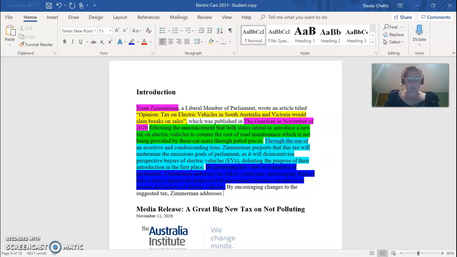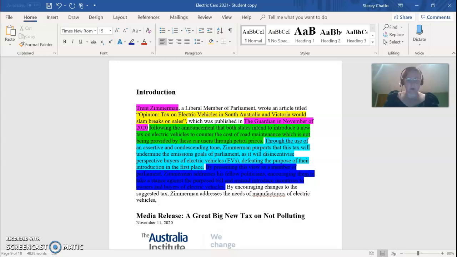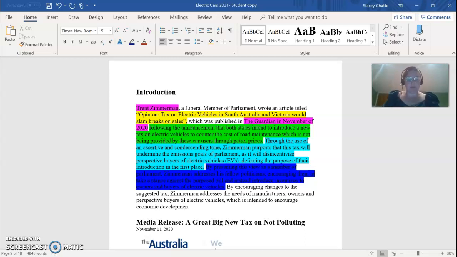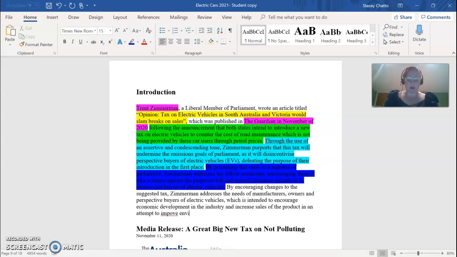addresses the needs of manufacturers of electric vehicles. Manufacturers, helps if I spell it right. Manufacturers, owners, and prospective buyers of electric vehicles, which is intended to encourage economic development in the industry and increase sales of the product in an attempt to improve environmental